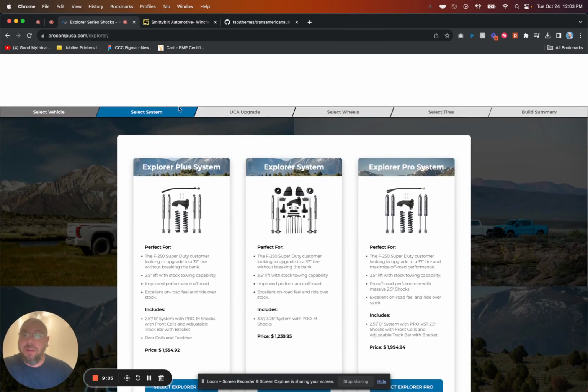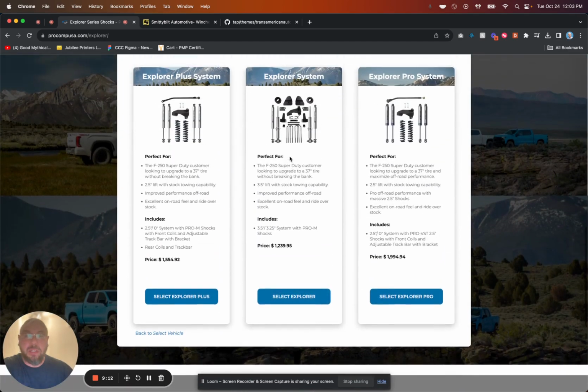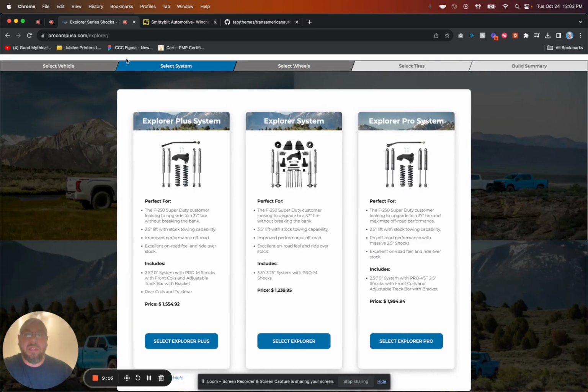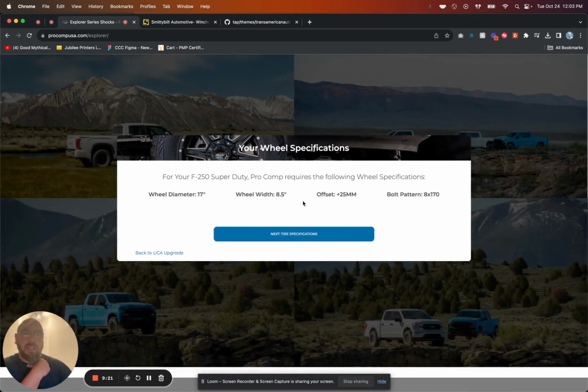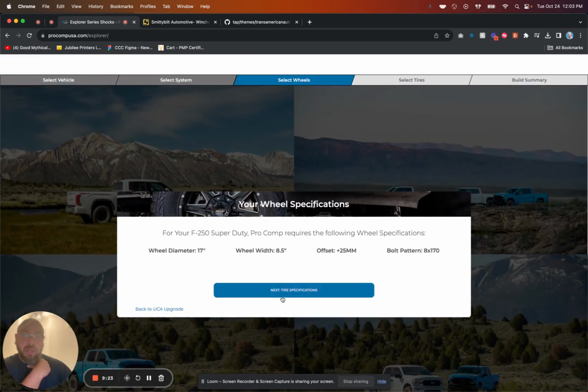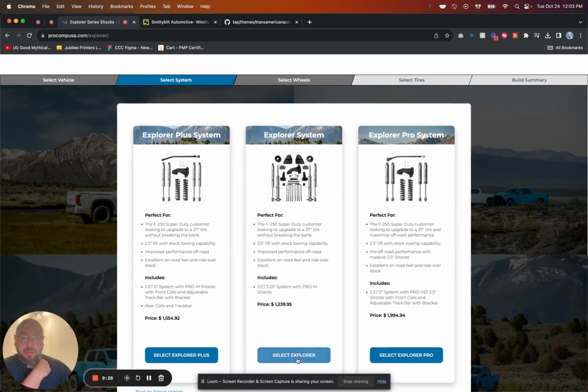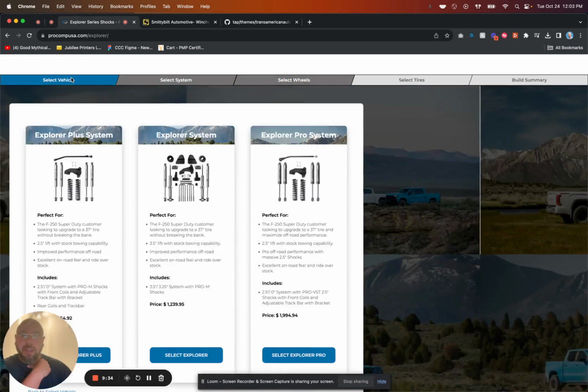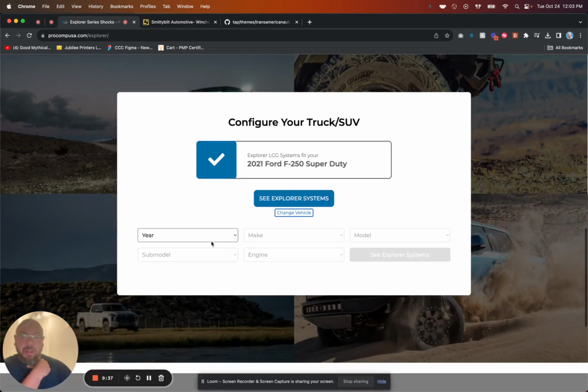This uses a slider with back navigation here that you can use to go back and forth. Then you can select options here. This is all custom coded. This is the Slick Slider jQuery plugin that I'm using here. But as far as the selections and what shows up here in this set, all of this is custom coded depending on the selections you make. So for example, for my F-250 Super Duty, it's giving me these recommendations. If I go back and change my vehicle